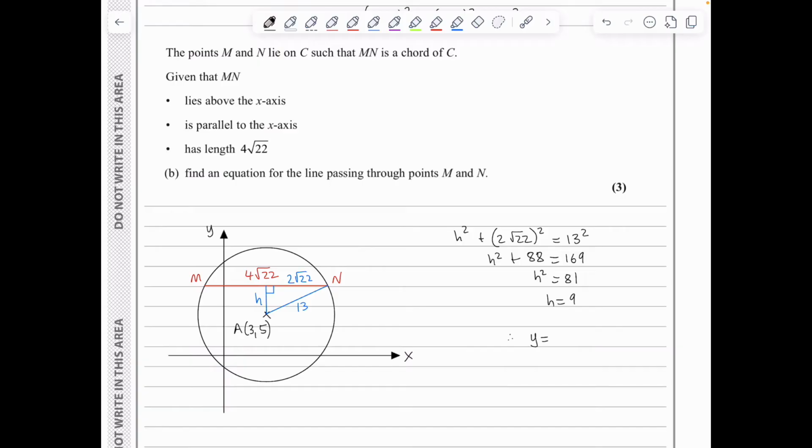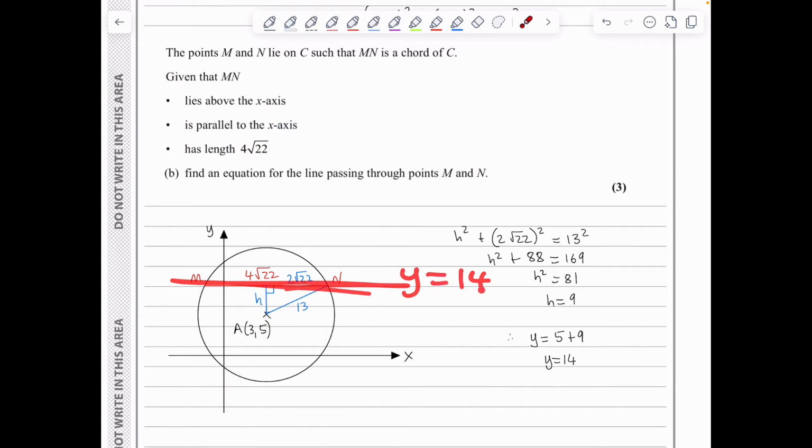equation of line MN is y is 5 plus 9, so y is 14, because as we already explained, from the center of the circle, which has a y-coordinate of 5, I go 9 units up, because we know that we are parallel to the x-axis and we lie above the x-axis, and therefore this line here has equation y